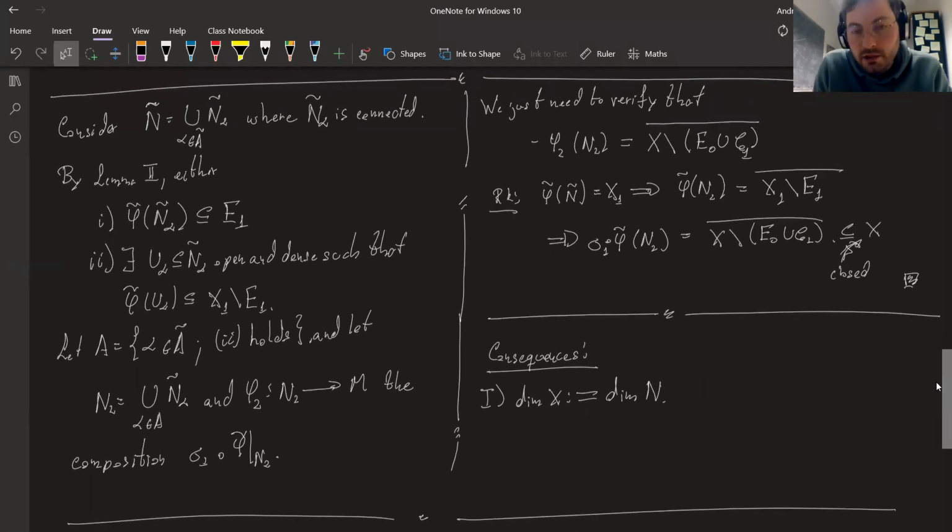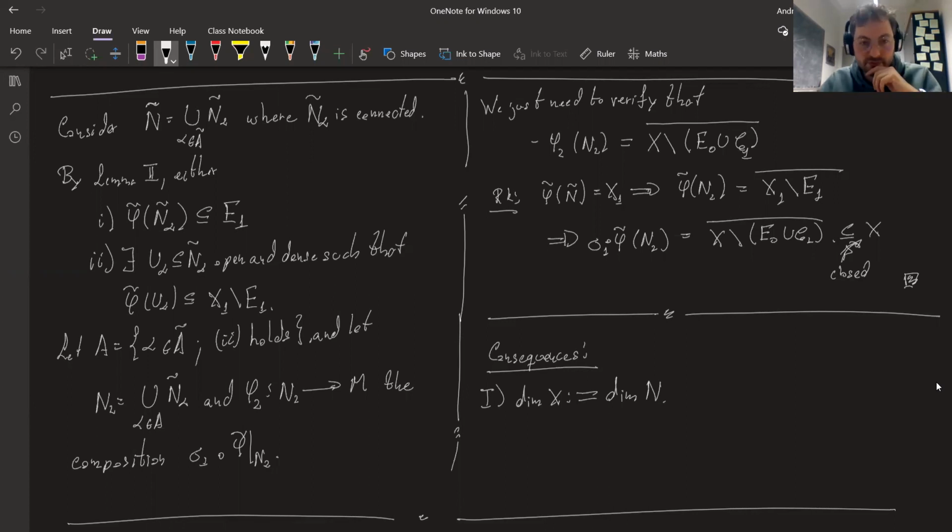The typical way, or the way that I learned from an article of Bierstone and Milman in the IHES from '88, is by using what are called separating families. But separating families do need Weierstrass preparation. The existence of separating families depends on the Weierstrass preparation. So here I followed a different path, which is also indicated in the paper of Bierstone and Milman for quasianalytic classes, where they say that the dimension can be defined via the uniformization theorem. Indeed, we can do this.